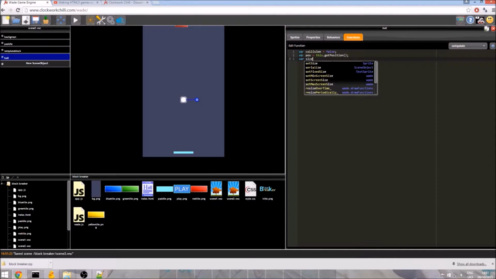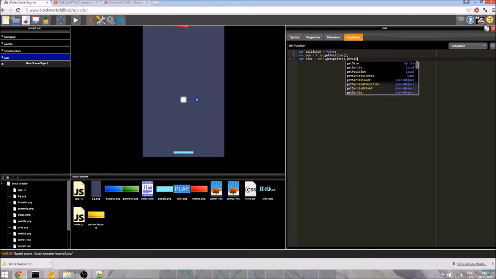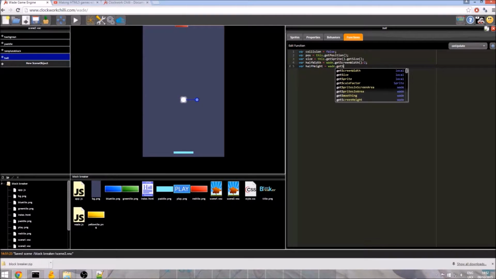I want the size of the ball, which is going to be this.getSprite.getSize. I want half the screen width, so I'll just call this halfWidth equals Wade.getScreenWidth over 2, and similarly I want half the height. So halfHeight equals Wade.getScreenHeight over 2.